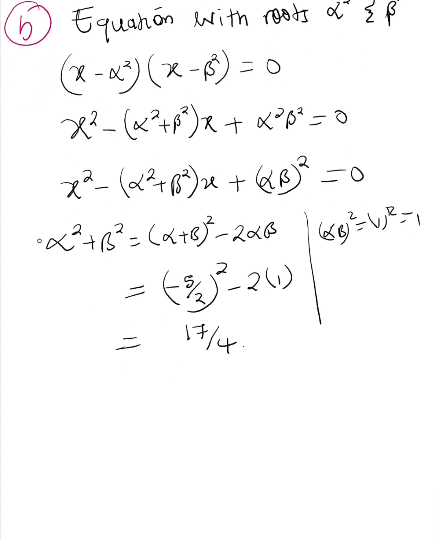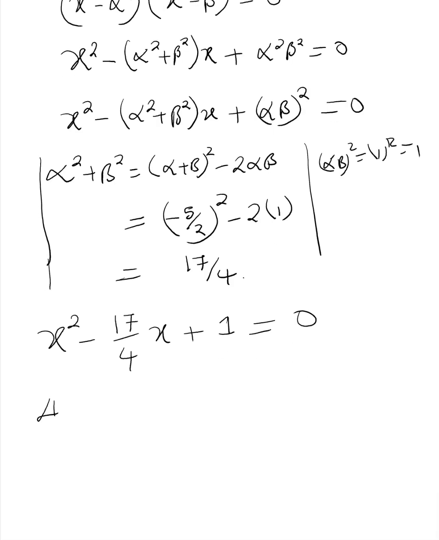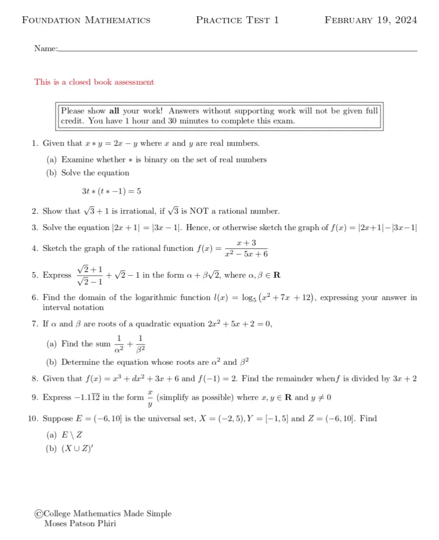So this gives us x squared minus 17 over 4 x plus 1 is equal to 0, which is just 4x squared minus 17x plus 4 is equal to 0. So I just multiplied that by 4, and this is done. Question 8 says, given that f of x is equal to x power 3 plus dx squared plus 3x plus 6,